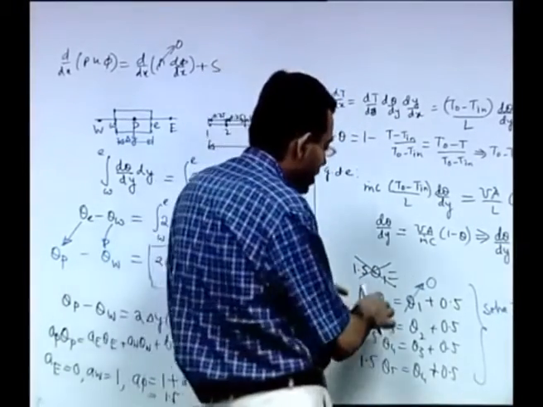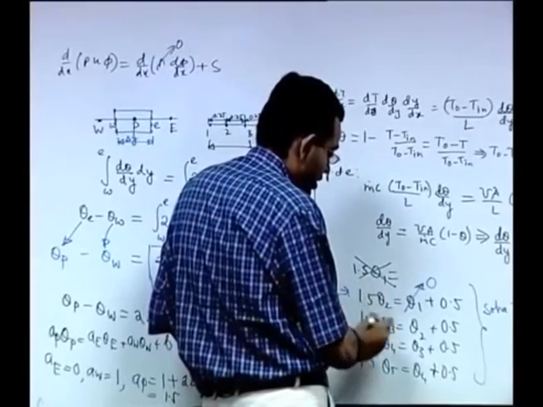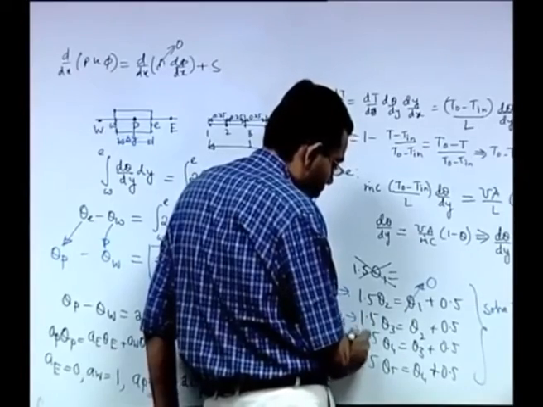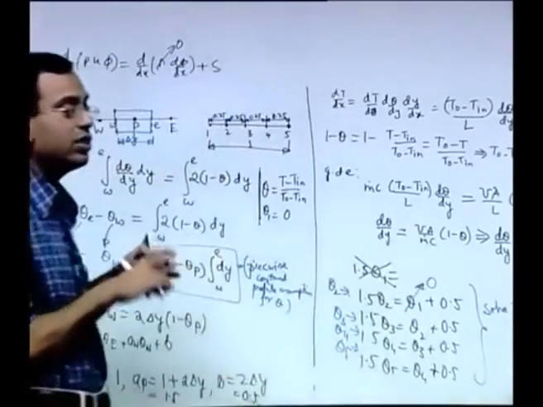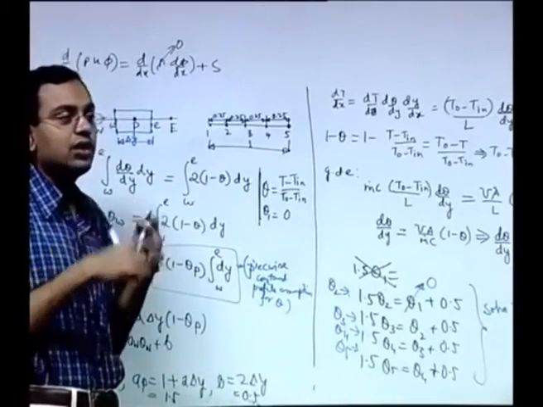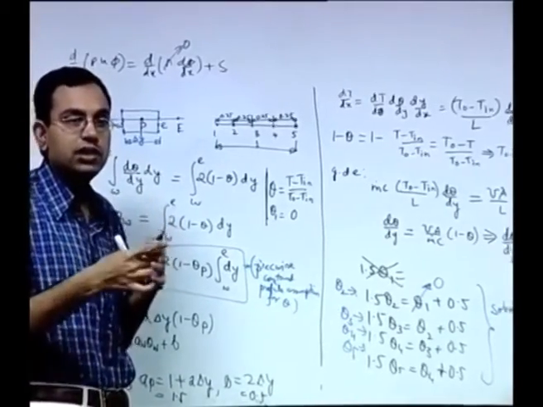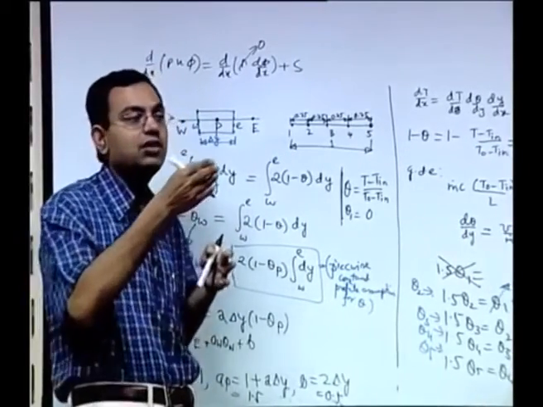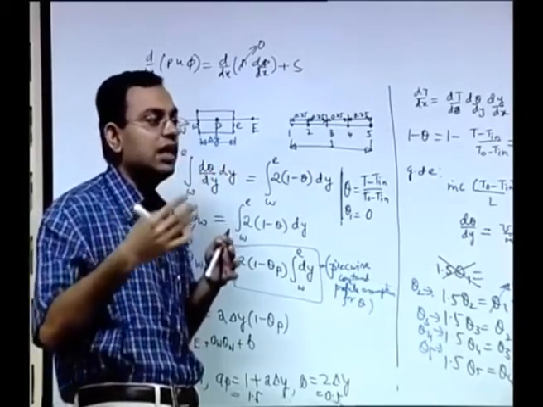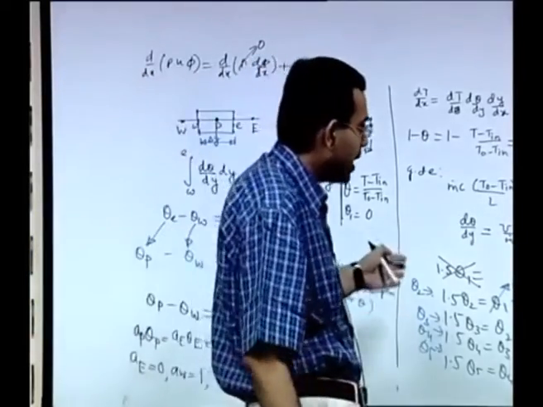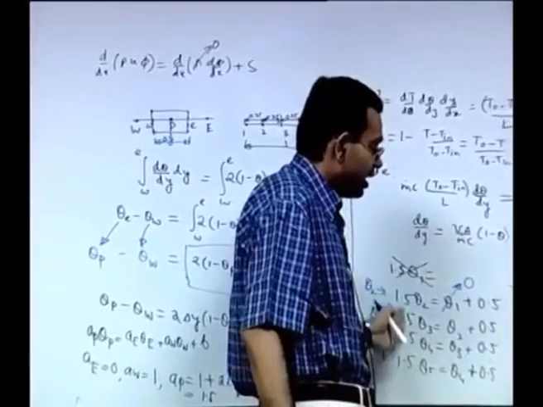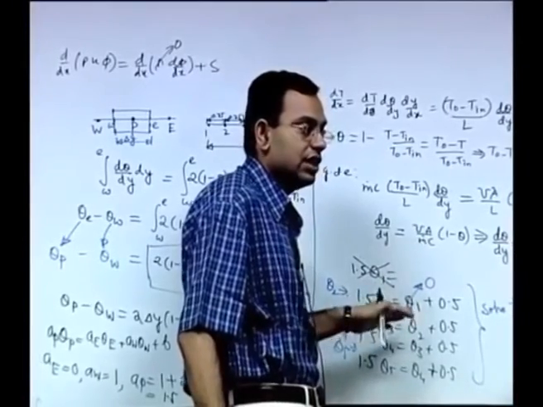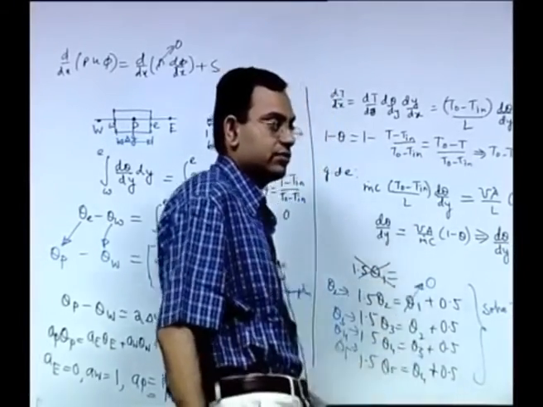Like if you can calculate theta 2 from here, then theta 3 from here, then theta 4 from here and then theta 5 from here. So, the scheme is: knowing theta 1 you calculate theta 2, knowing theta 2 you calculate theta 3, knowing theta 3 you calculate theta 4 and knowing theta 4 you calculate theta 5. As if you are marching along theta, knowing one theta you are calculating the next theta. So, you do not require an overkill by employing any method for solution of systems of algebraic equations. It is just like calculating one after the other.